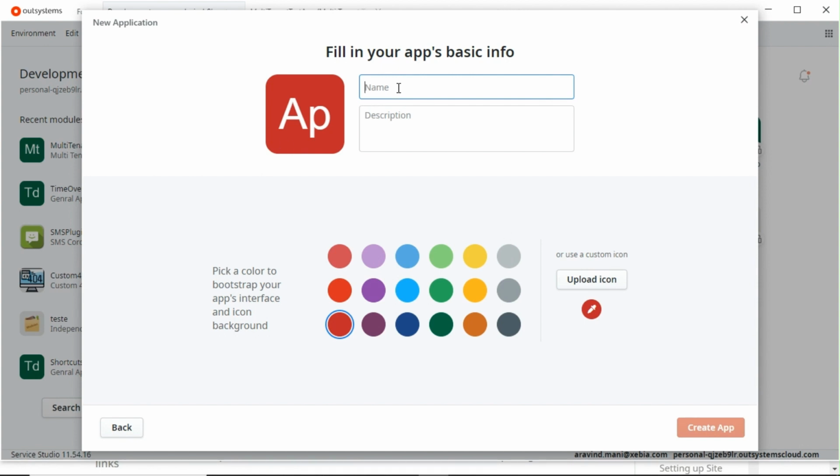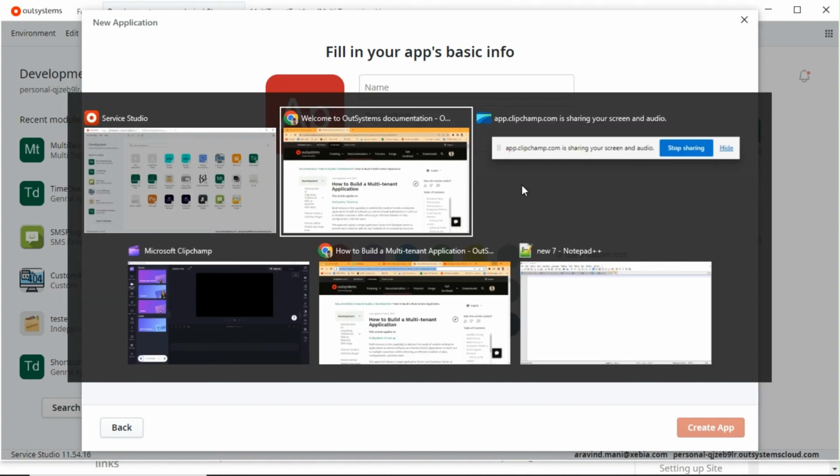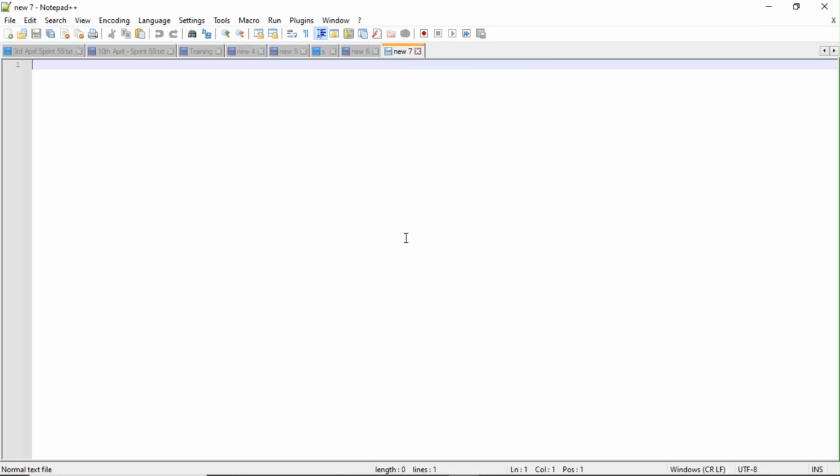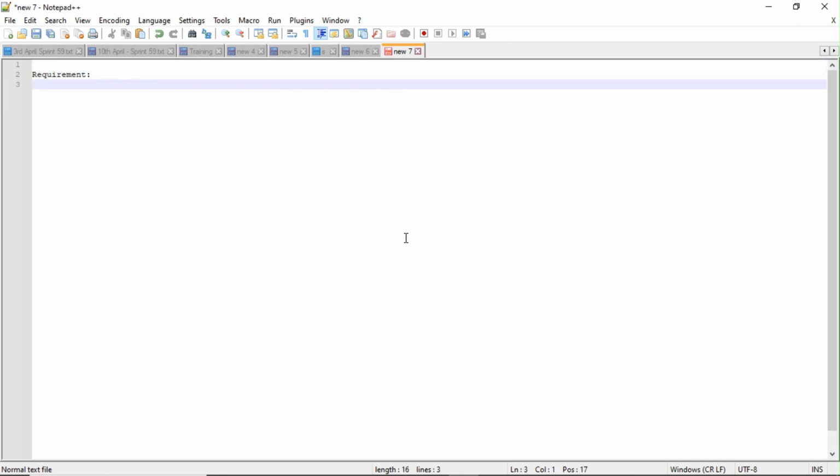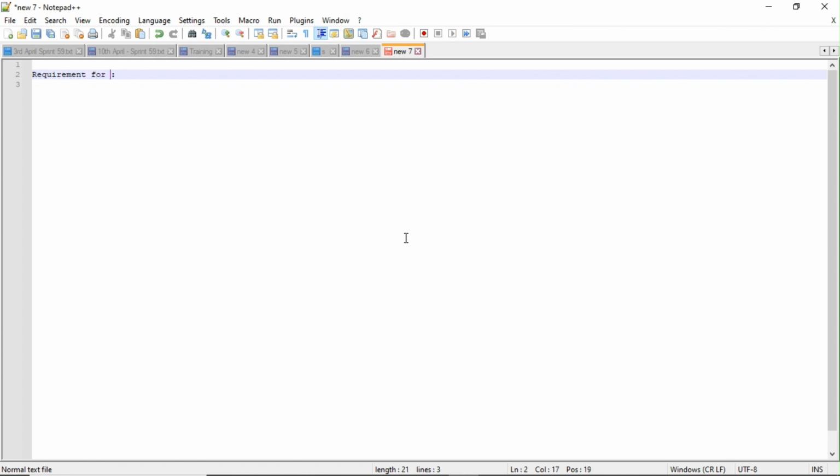Let's say I have a company, so I'm going to build a product. That product should accept multiple organizations. So when I register, there will be an onboarding screen, sign in screen. The requirement that we are going to do for multi-tenant is